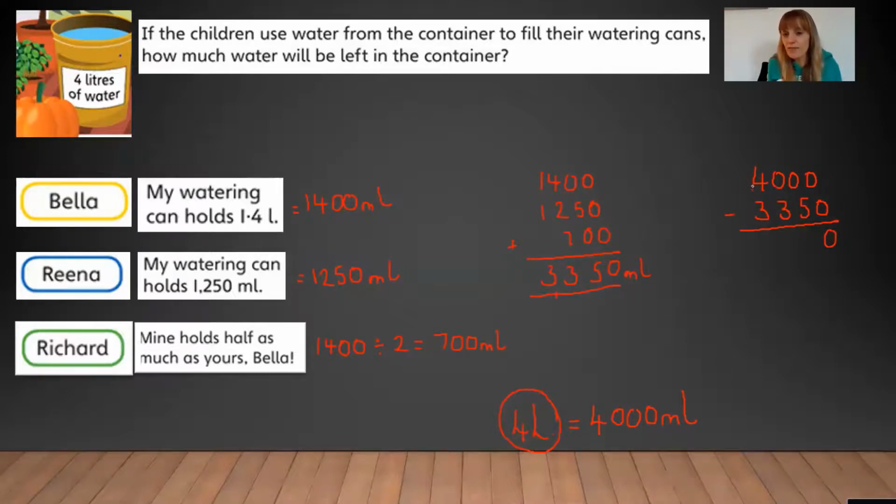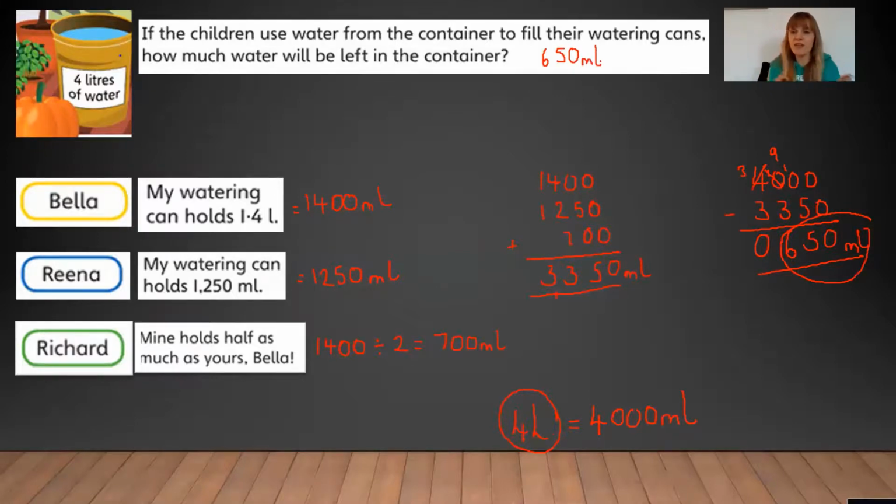So 0 take away 5 I can't do, so I've got to carry from here. It's going to be a 9. So 10 take away 5 is 5. 9 take away 3 is 6. 3 take away 3 is 0. So what is left behind in the container is 650 millilitres. Now, if you really want to stretch your brain, maybe you could have a go at converting that